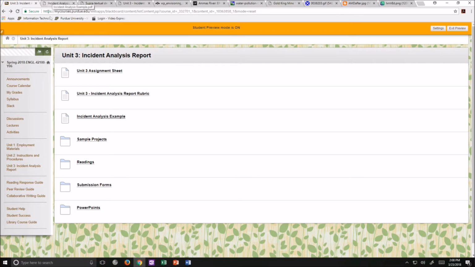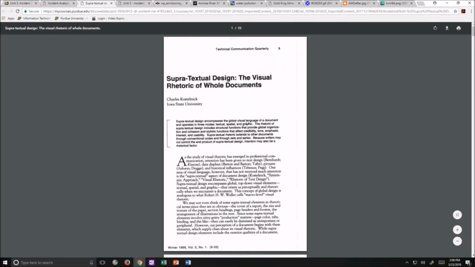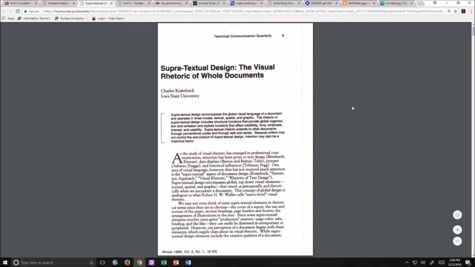So one of the readings that I've asked you to do for this unit is Charles Koselnick's Supratextual Design, the Visual Rhetoric of Whole Documents. As Koselnick argues, supratextual design elements are the global design of the document and include elements of documents that usually are considered exterior, peripheral, or unimportant. Koselnick's argument is that supratextual design is rhetorical because it impacts how the reader navigates and responds to the content of the document, and because it impacts how readers respond